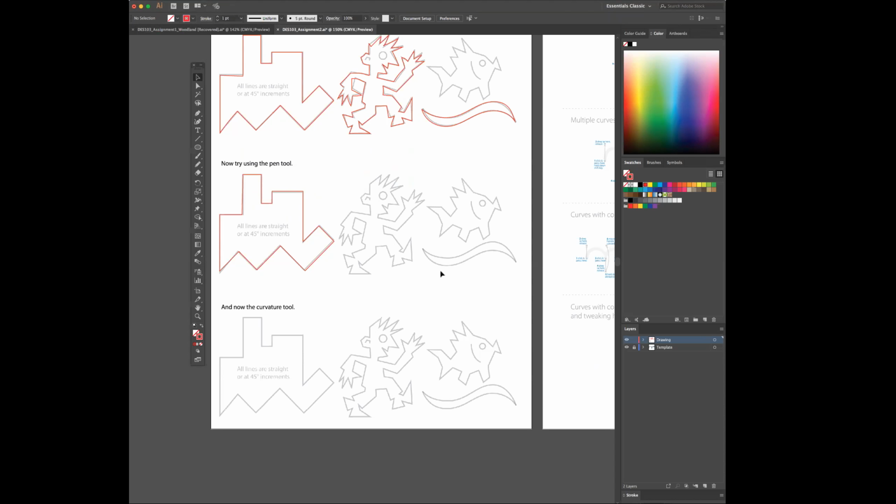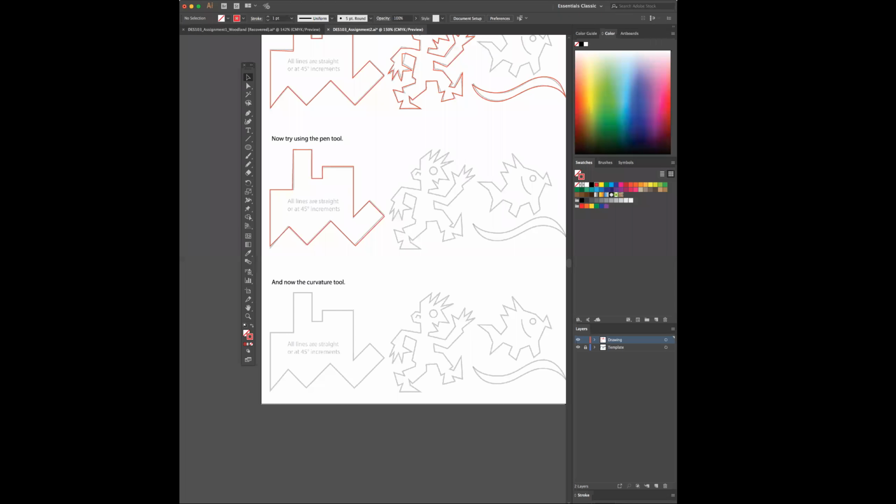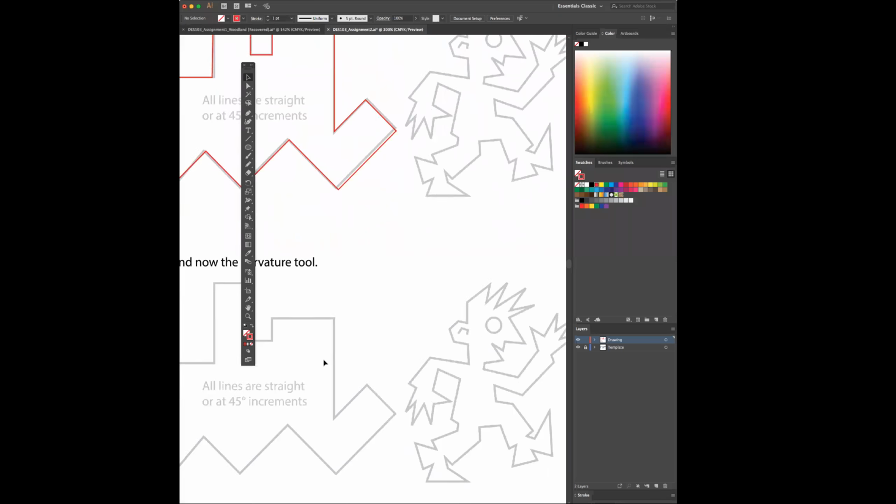All right. We'll talk a little bit more about the pen tool in just a minute. I wanted to introduce the curvature tool real quick. So I'm going to zoom in here so you can see what it's doing. It's a different tool, and I'll show you where to find it. So I'm going to zoom in here